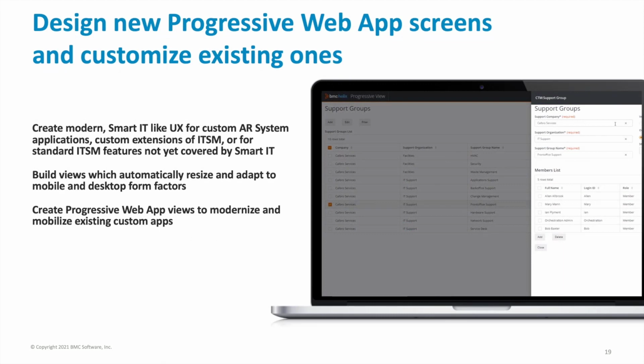But one additional point that I wanted to make here around the progressive web application strategy is that, for the first time, it allows you to build a Smart IT-like UX also for your custom applications, because the PWA layer is part of the underlying converged platform. It does work for your custom AR System applications, and you can build similarly modern flow layout based UIs with the corresponding modern visual rendering, with the responsiveness,